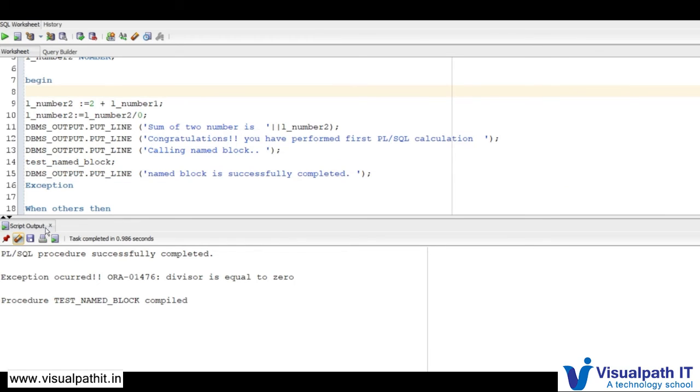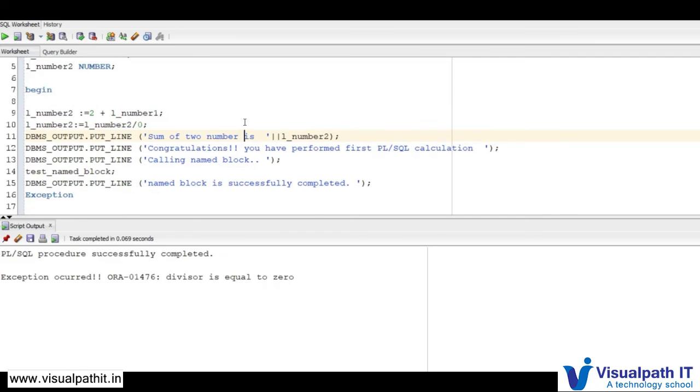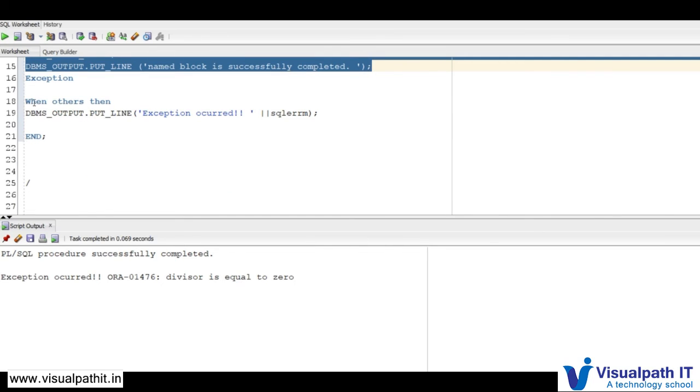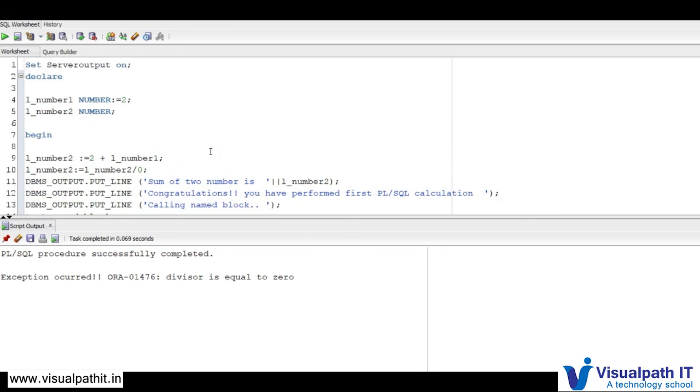So, since the exception occurred here, it simply skipped all these lines and went to the exception block and printed the error, which is divisor is equal to 0. Now we're going to remove this.